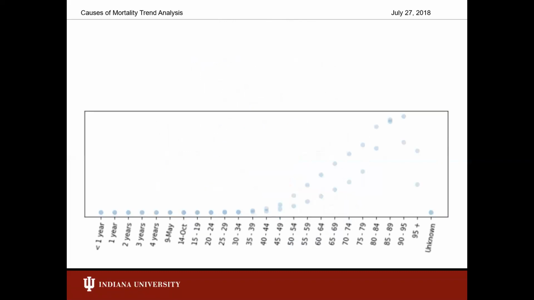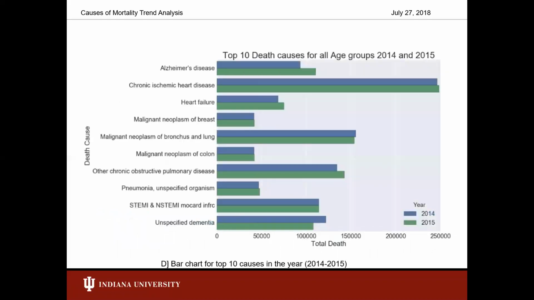So this scatter plot here basically just shows that for both male and female, the mortality rates are fairly consistent and in line with one another until the ages of 40 to 44, where they start to diverge. And then by the age of 85 to 89, they converge once again before splitting apart. So it essentially means that males will typically die faster than females, and then vice versa, because females typically outlive males after a certain age.